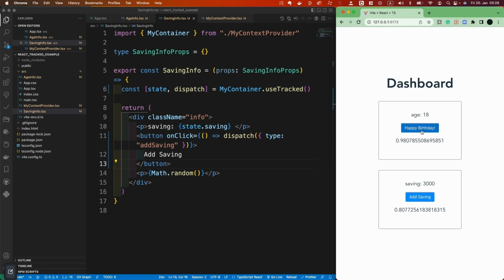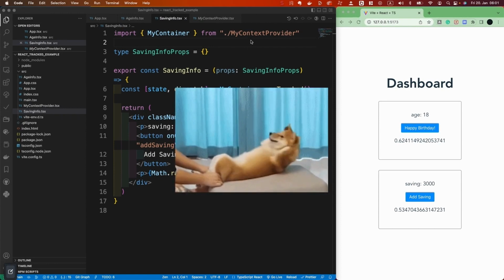Let's test it. Happy birthday, add saving, add saving. You see it rendered the correct component. Now with the useReducer, we saved a lot of code, but we can still improve our code and make it